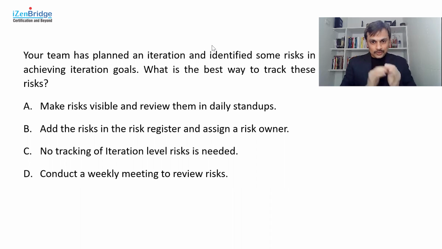Okay. Now, the context here is your team is just concluding the iteration planning meeting. What do we do in an iteration planning meeting? We plan for the upcoming iteration. So we have a portion of the product backlog planned for the coming iteration. When you are planning this, you might see some technical, people, or management related risk for this piece of work only, the iteration goal which you have picked up. Things may go a little bit wrong, which can put your iteration objective in trouble. Now, what should you do about those risks?